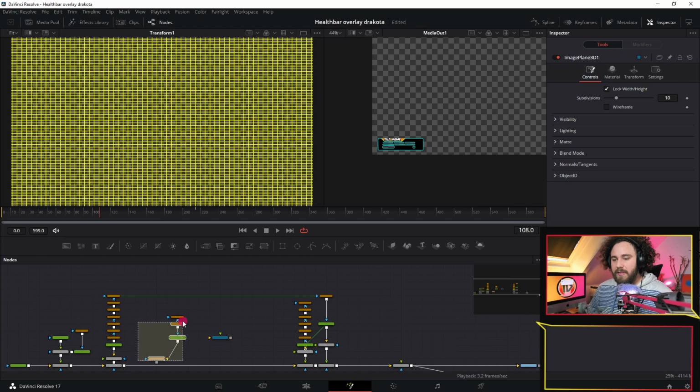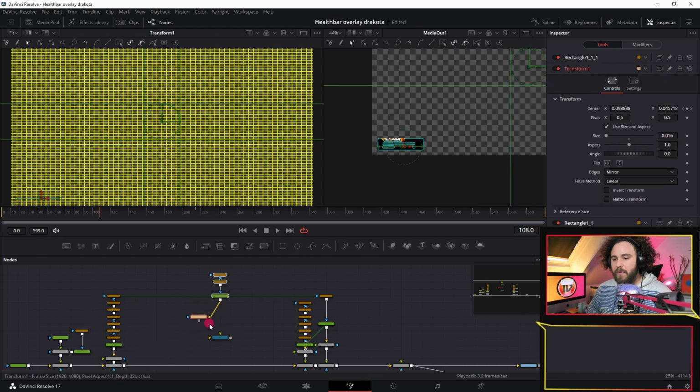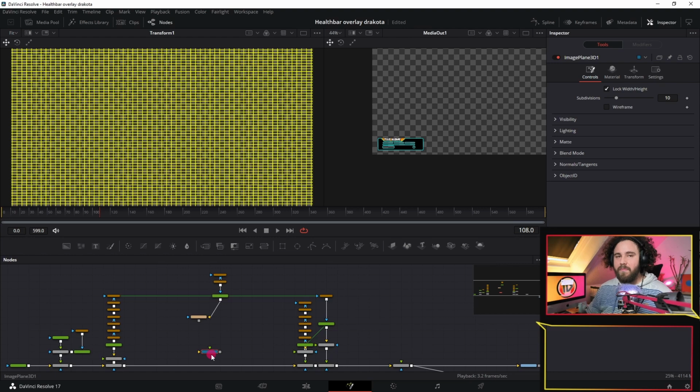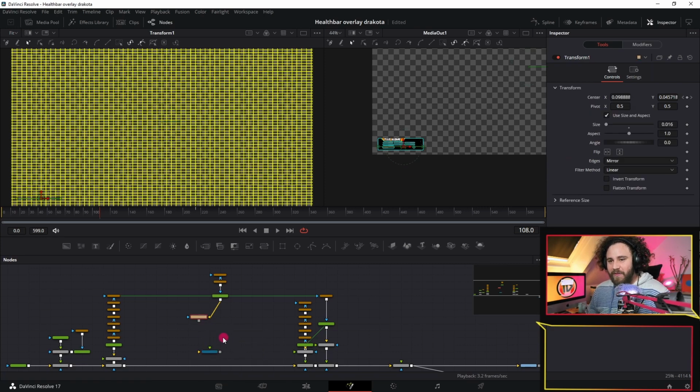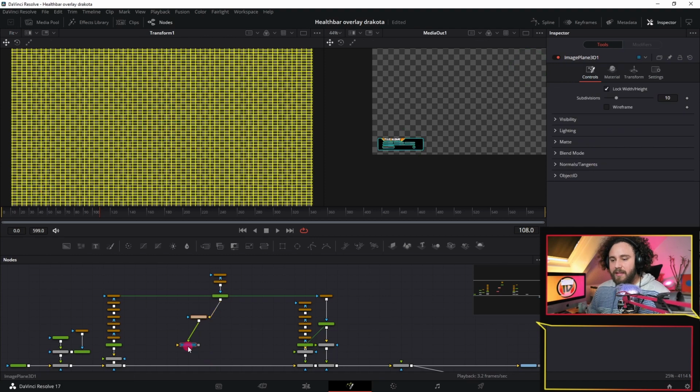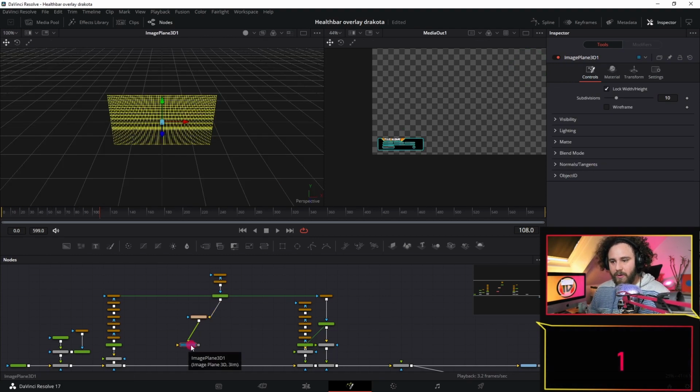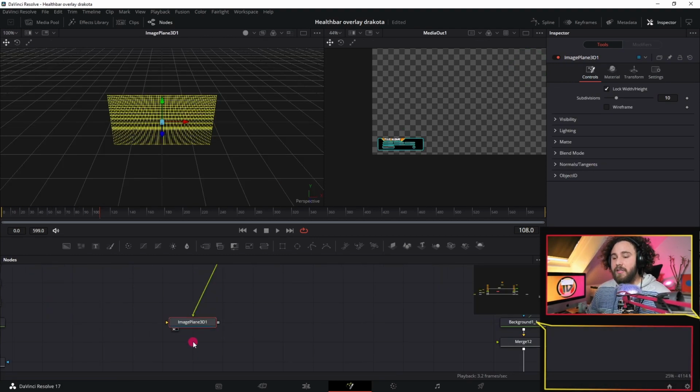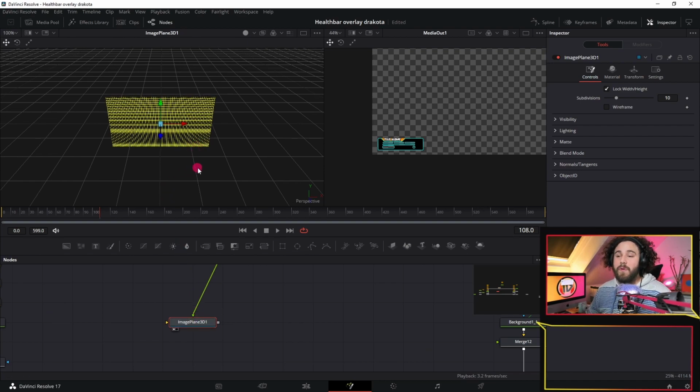And yeah, let me just select all of this, bring it up. Because what the image plane 3D does, it brings everything into like a 3D kind of room, you know what I mean? We have this selected right now, and then we just grab this rectangle and attach it there. This means now I will press 1 on the image plane 3D, and we see we are in the 3D